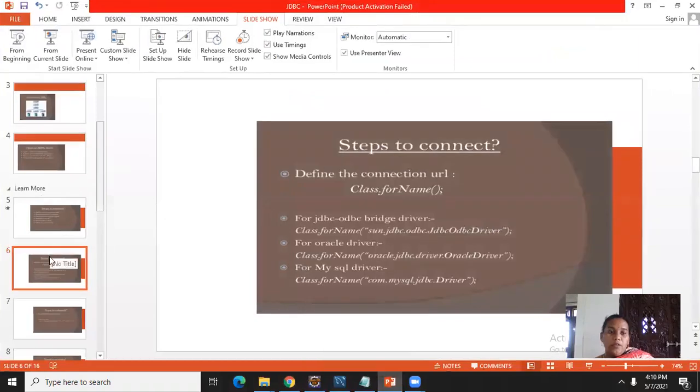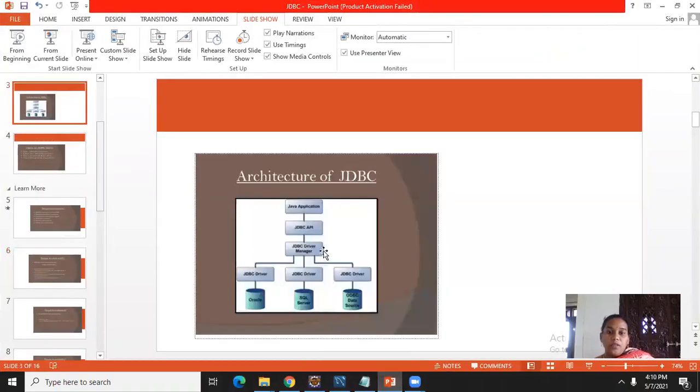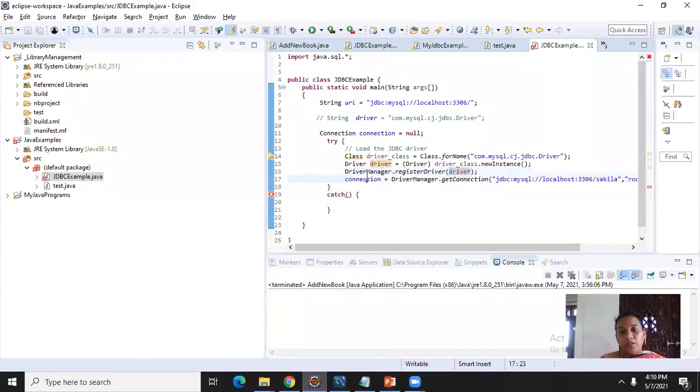In this PPT I already told you about the architecture. I am declaring which driver I am using, and registering this driver class. From this driver I am getting the connection. So the DriverManager just registered the driver, and from the DriverManager I call getConnection.